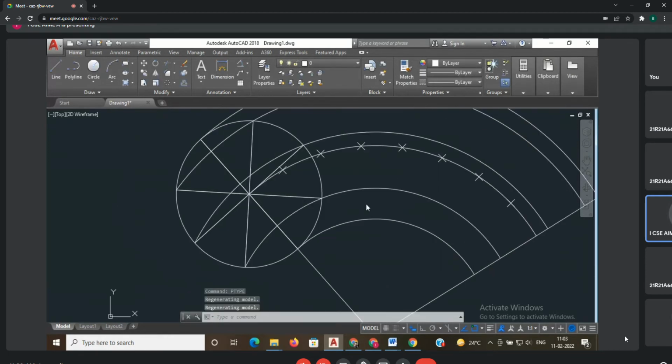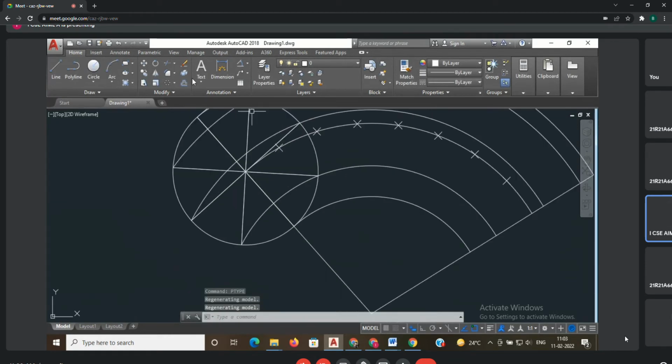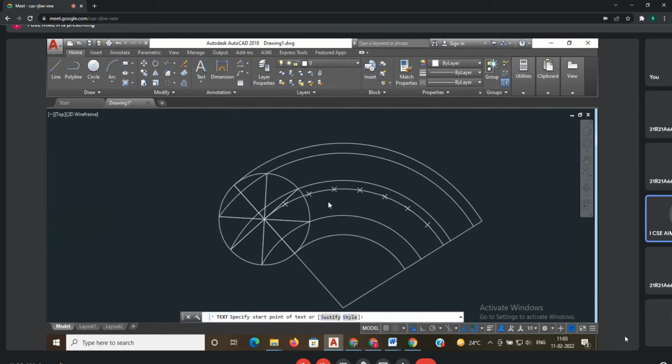After this, you have to go for notations. You have to give some notations. Now, which one is your base point? The outer circle is your directing circle. This is your rolling circle. The contact surface is here. That's why this is your P point. P means the base point, always at the contact.